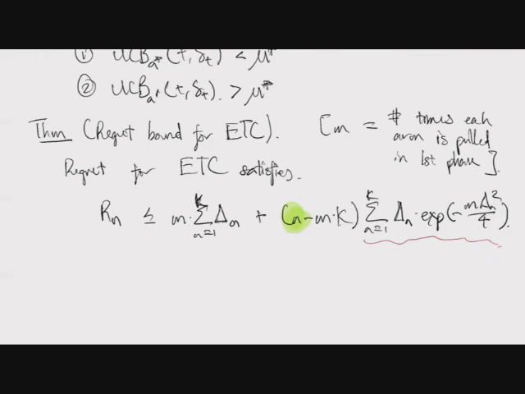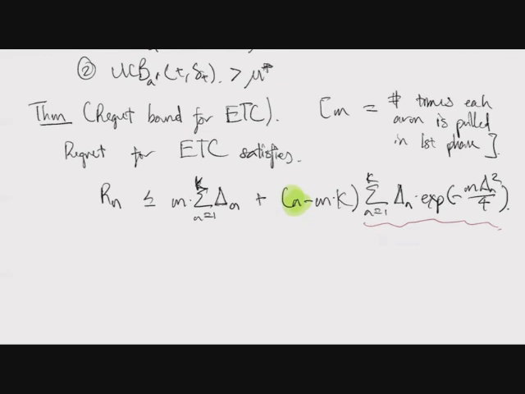Okay, and then the next point is what this bound means. So this bound is actually very intuitive. You're going to do a derivation of this on the homework, but for a simple case, which is when there are only two arms. So there's the best arm and then the other arm. If you look at the two terms here, it's sort of intuitive where they come from. So the first term, this one over here, is the price that you pay in the exploration phase, right? Because we need to pull every arm m times. Every time you pull this suboptimal arm, we incur the additional regret of the